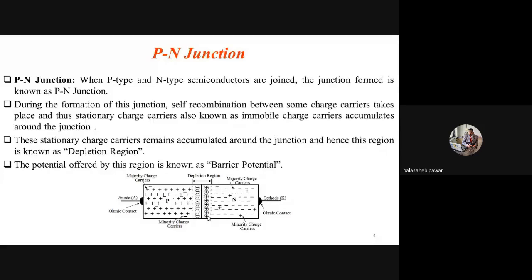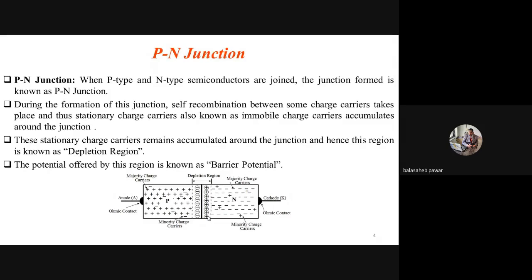If it is manufactured using silicon material, then the strength offered by this wall, or depletion region, combined is equal to 0.7 volts. And if these two semiconductors are manufactured using germanium material, then the strength offered by this depletion region is 0.3 volts. So for silicon it will be 0.7, and for germanium it will be 0.3. Just remember this. And the strength, either 0.7 or 0.3 depending on the material used, silicon or germanium respectively, is known as the barrier potential.